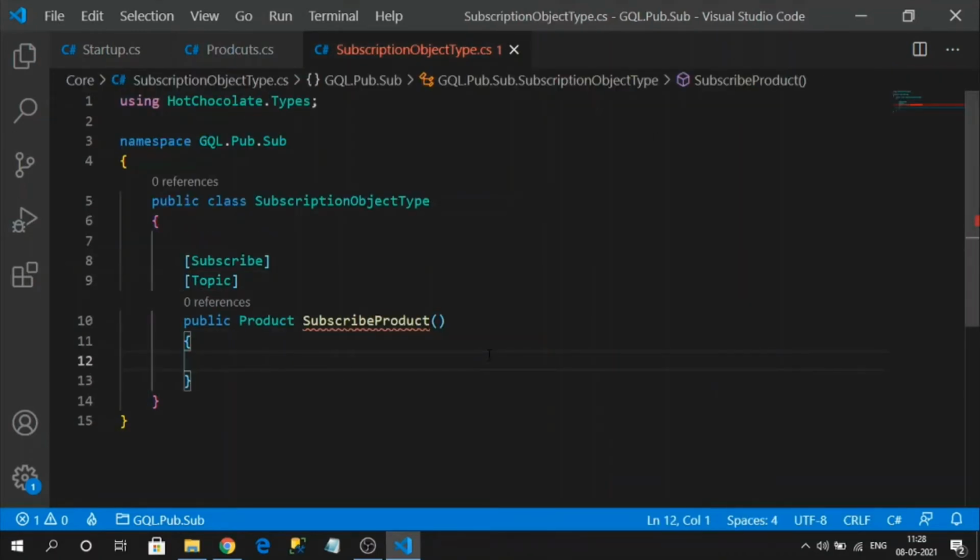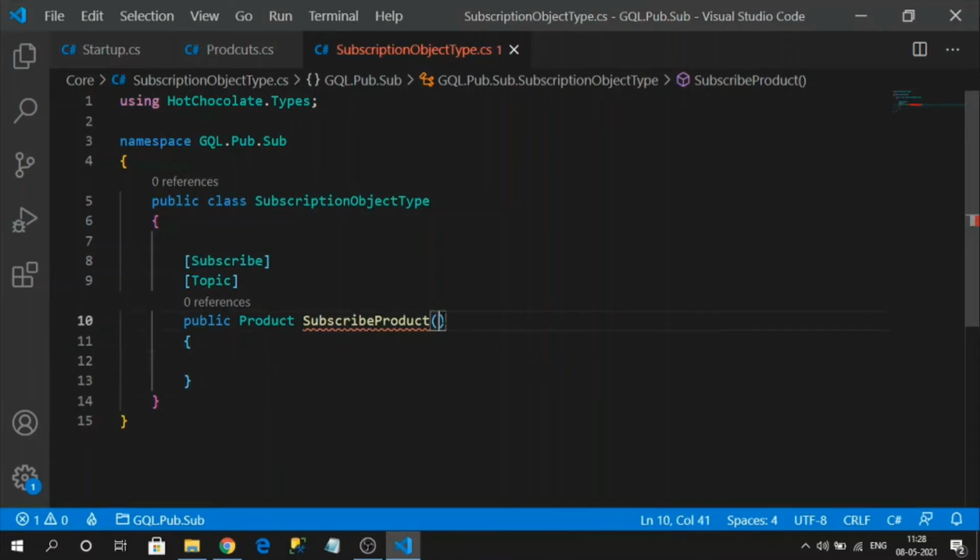Now the subscription must read data, right? Once the event is raised in the mutation and it is stored in application storage, that data should be injected into our subscription, so that this subscription will send the same message to all the subscriber clients.